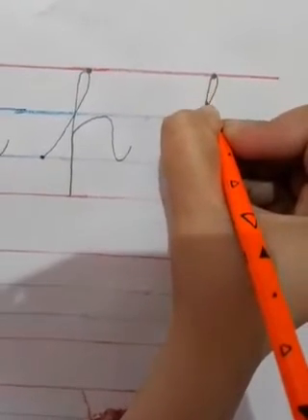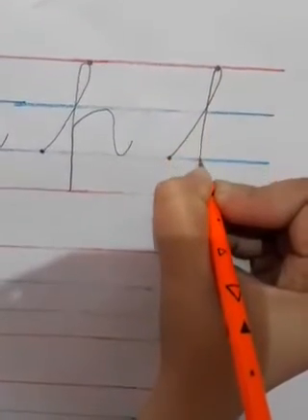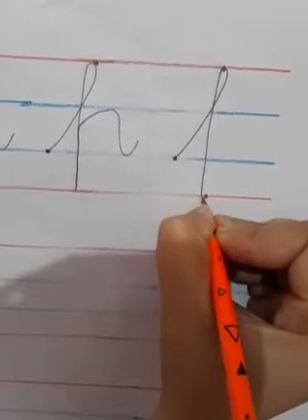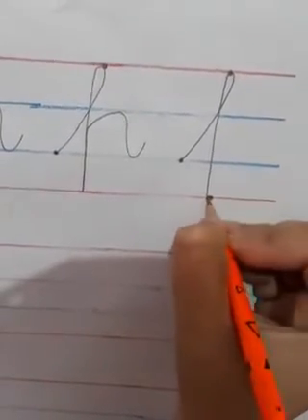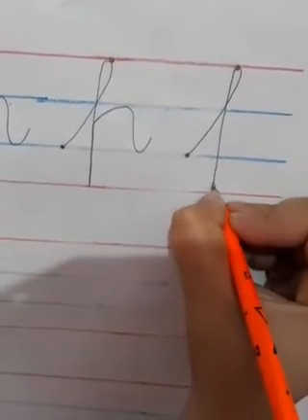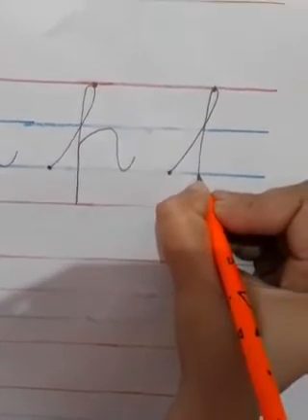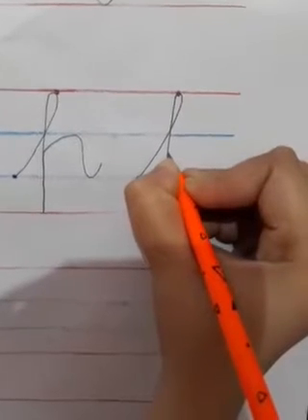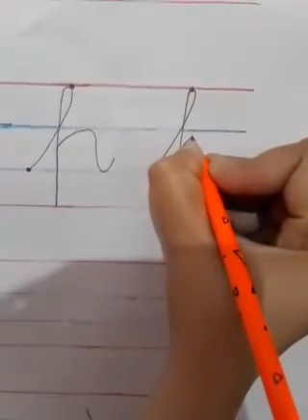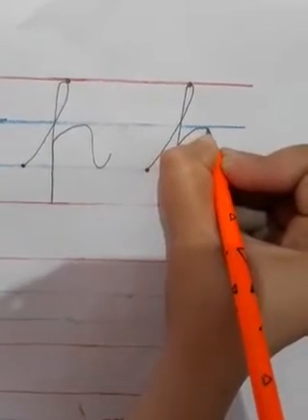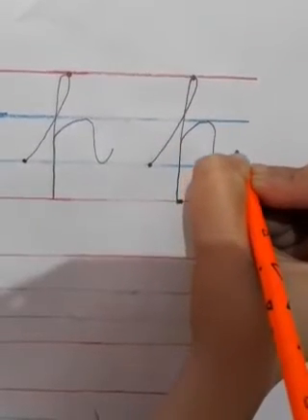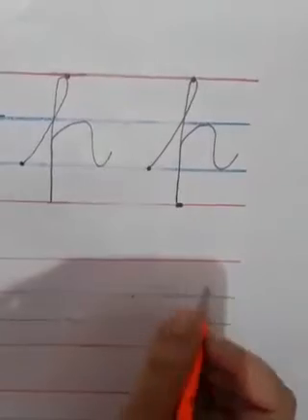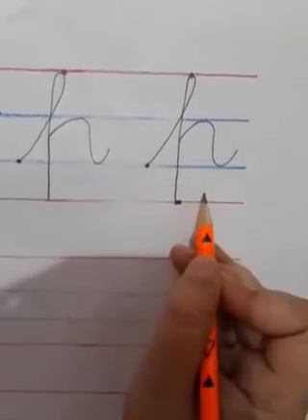Then we come down in a straight line and reach the another point which is below the blue line. Now we go back up, up, up, up, up. Now we change our path like this. Then we come down and out from the blue line. In this way we can make P.